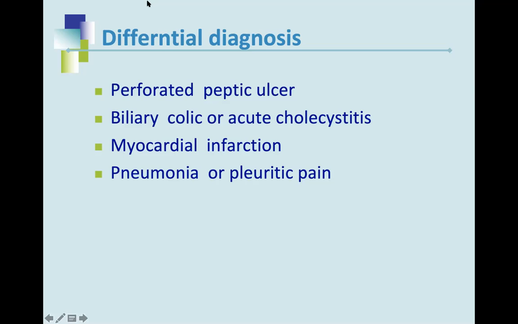Now, it's very easy to make a list of differential diagnoses in surgical scenarios, because you just imagine the anatomy of that area and make diseases from those organs. Like the duodenum is lying there, so perforated peptic ulcer again will present with pain like this. If there is acute cholecystitis, inflammation of the gallbladder, or any liver inflammation, hepatitis, or hepatic abscess. Similarly, myocardial infarction may present with epigastric pain, and lobar pneumonia or basal pneumonia, pleuritic pain will also present with such pains.